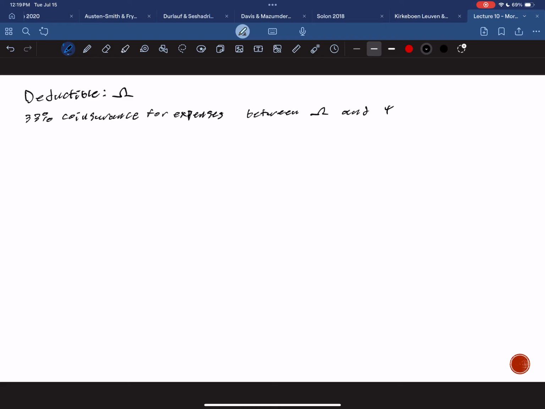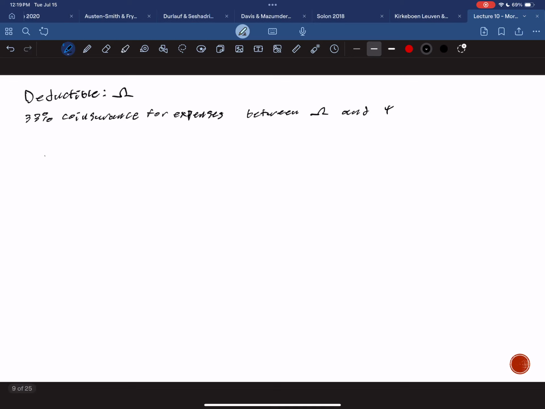So if you get, for instance, shot in the face and you need facial reconstruction surgery, that's going to put you over psi. Psi might be $100,000 or something. The idea behind this contract is that up until omega, you pay everything. For your first omega dollars of expenses, that comes out of your own money, in full. From omega to psi, you pay 33% of your medical bills, and beyond psi, everything's taken care of.